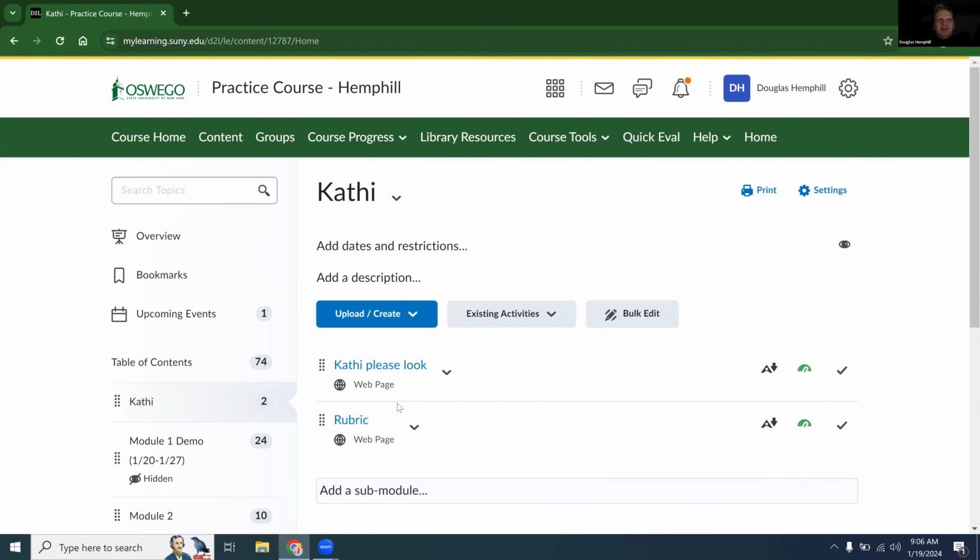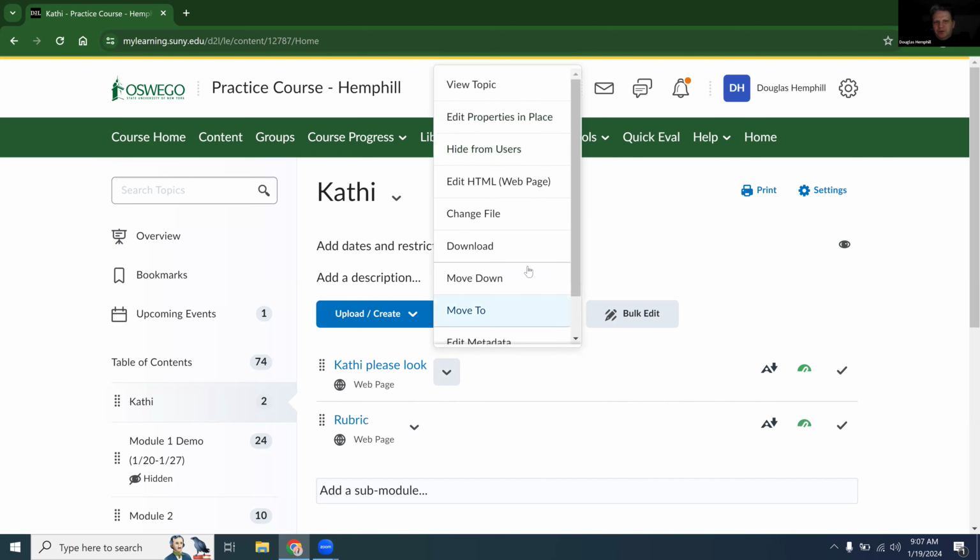The next level of options is date releasing. And as with the hiding option, there's a couple different places you can do this. For most content, you can edit the properties in place and add dates through there. And that's as simple as clicking, okay, I want to add a start date and I want to add an end date. However, if you're actually in the edit screen,